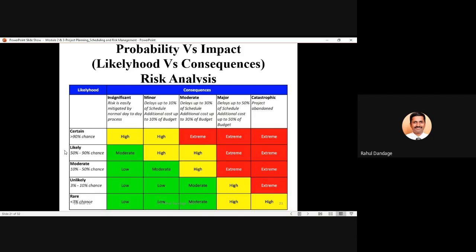You need to stop, terminate your project, because the risks are so tremendous that you cannot continue the project work. Again, in this case, there are three colors mentioned. The red color indicates high priority risk, yellow indicates moderate, and green indicates lower priority risk category.